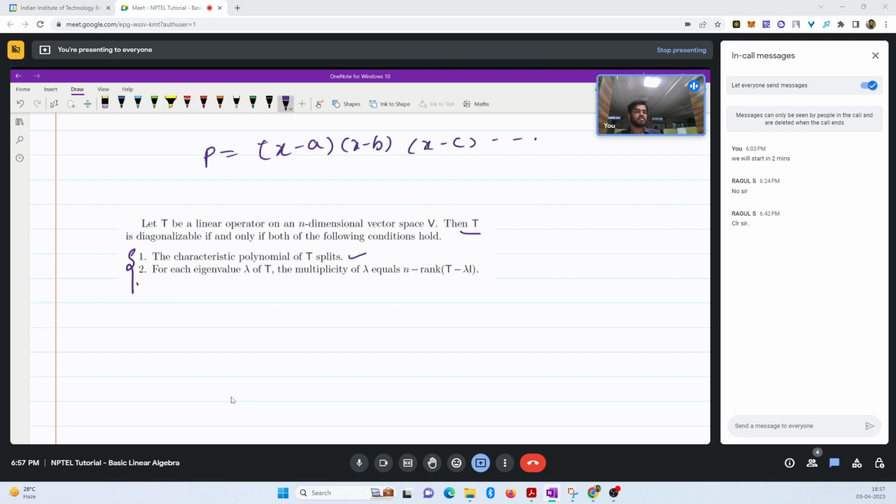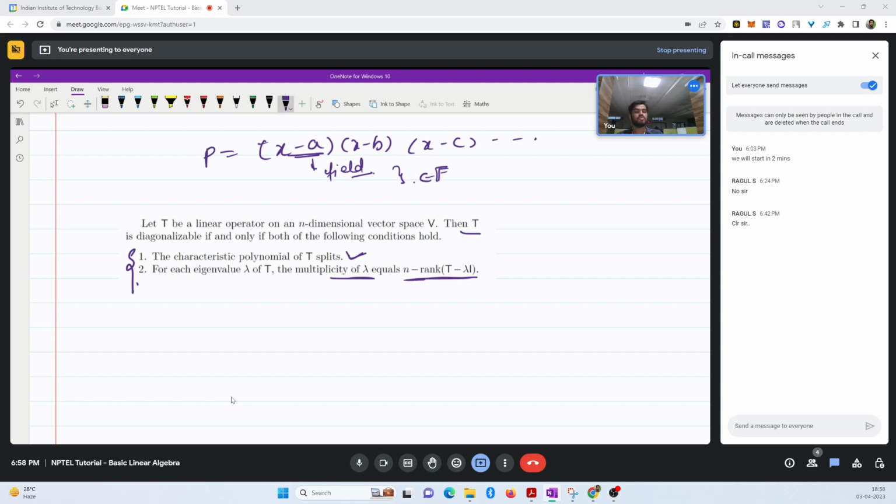So if you can write it in this form, then all your roots belong to that particular field. This is what I told you in the first point, that your eigenvalues all must belong to the same field. So the first point would just mean that your eigenvalue exists in the field that you are working with. The second point is, for each eigenvalue lambda, the multiplicity of lambda should be equal to n minus rank